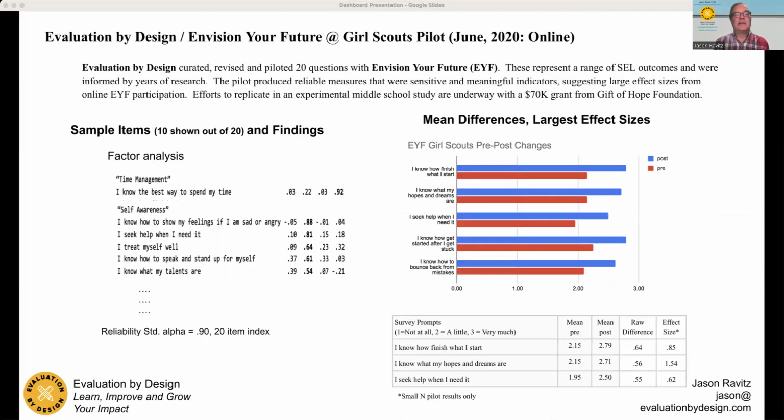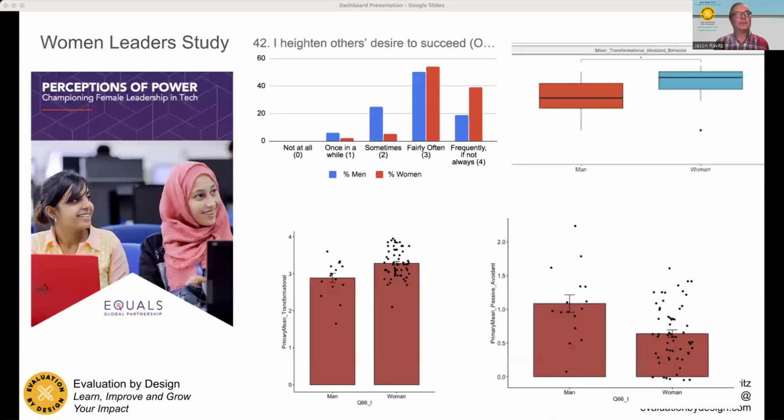And this is just another SEL pilot, actually, where I did factor analysis in R and ran raw differences and effect sizes between the two groups and kind of validated the project. I think this chart actually came from Sheets, so full disclosure. Another study